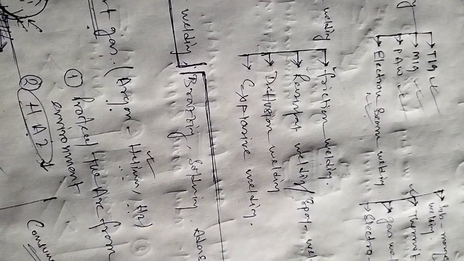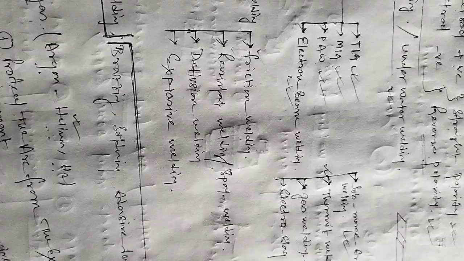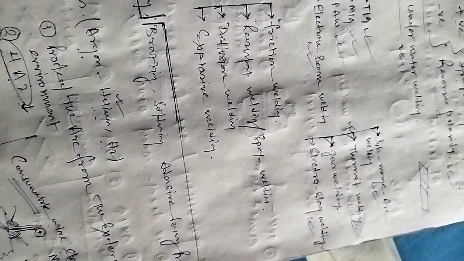Talk about the friction welding process. So in friction welding, what actually happens? Every surface is rough, even the smooth surface. If we observe the smooth surface under the microscope,